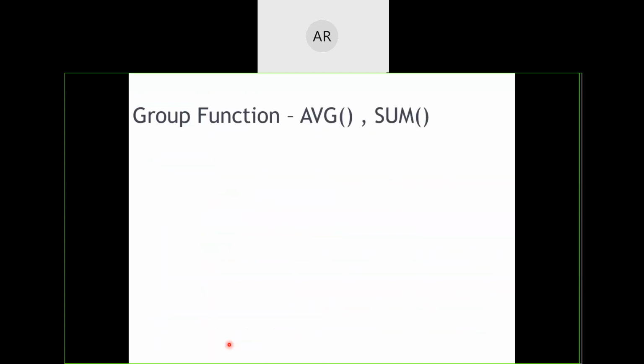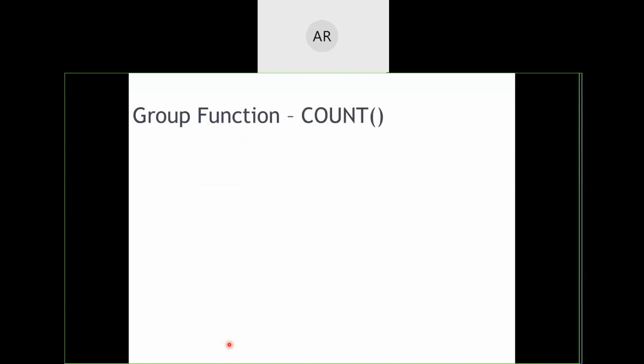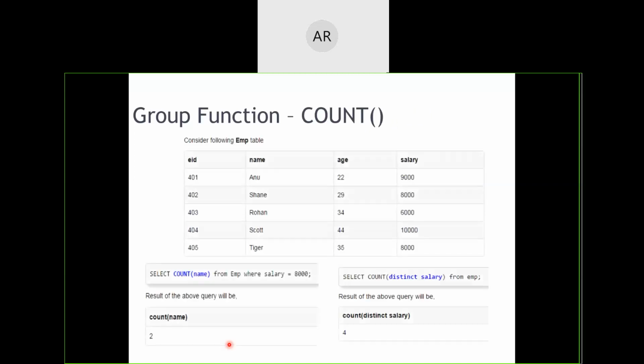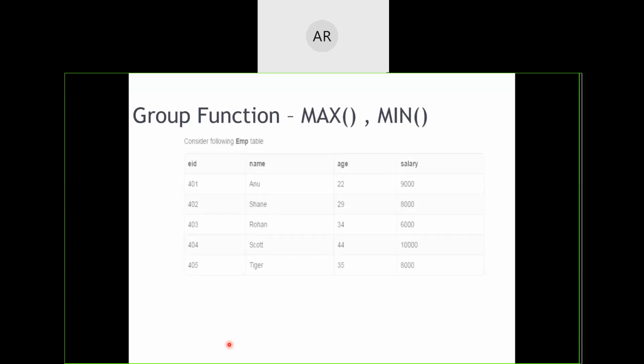For all those, one example has been kept here, which you need to go through and understand, along with the result. They are self-explanatory. I need not even talk about them. If you have any doubt, you can ask me in tomorrow's session. Tomorrow we may not spend much time because I am preoccupied with some other work also.